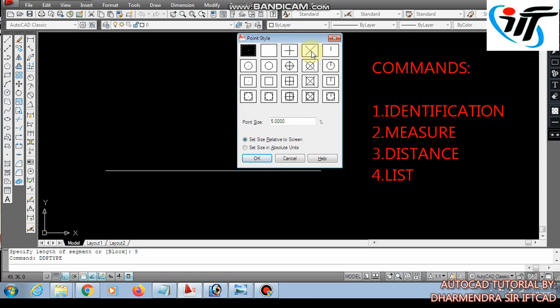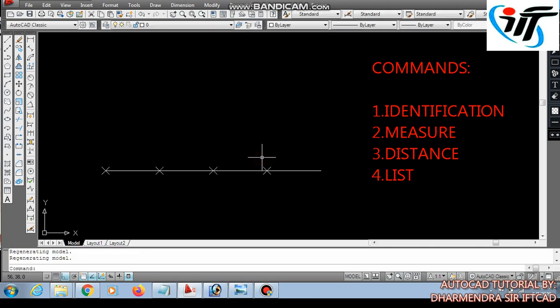Let me take the crossing line. This way it shows that the line has been divided into 1, 2, 3, 4 segments, and each segment is of 5 mm. So this way we can measure any line in given segment lengths.